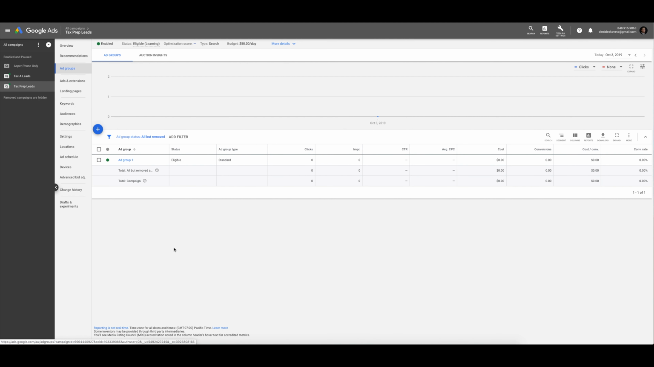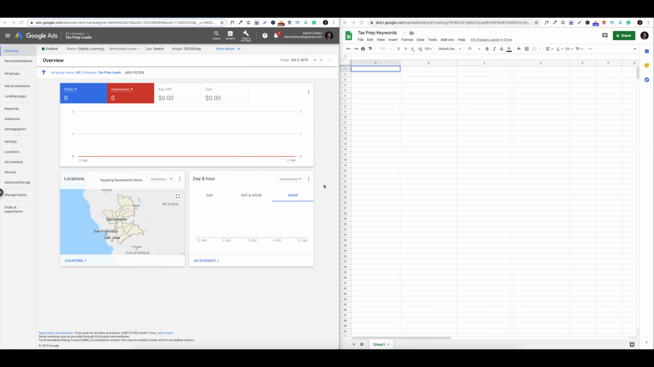And here we go. We have our tax prep leads over on our left-hand side, and we are inside of our main campaign. So now this is where we're going to get to work to continue building out this campaign. So first things first is that we need to set up our ads campaign, and we start by setting up